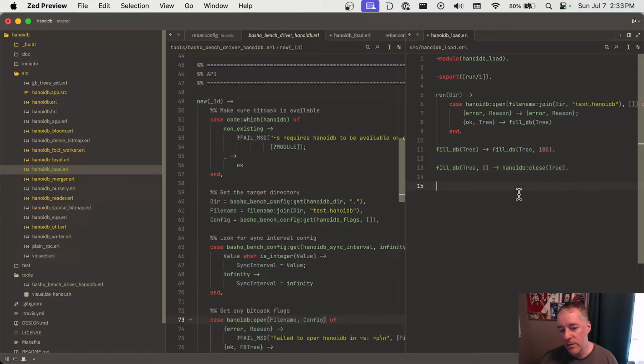Okay, so what we're going to do, this is tail recursion in action. We're going to do some stuff, and then we'll call fillDB with tree and N minus 1. So that's just classic tail recursion. Okay, so let's do